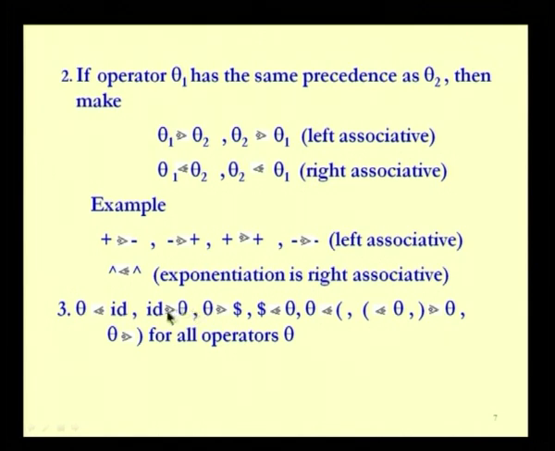So, the only possible operation here is going to be greater than, which will initiate a reduce action for this, that is id. Then theta is greater than dollar, saying that this must be computed, because we have already reached the end of this string. And dollar is less than theta, which says that we do not have anything on the stack, but we are having an operator. So, we must shift it onto the stack, saying that it must be the only valid movement,